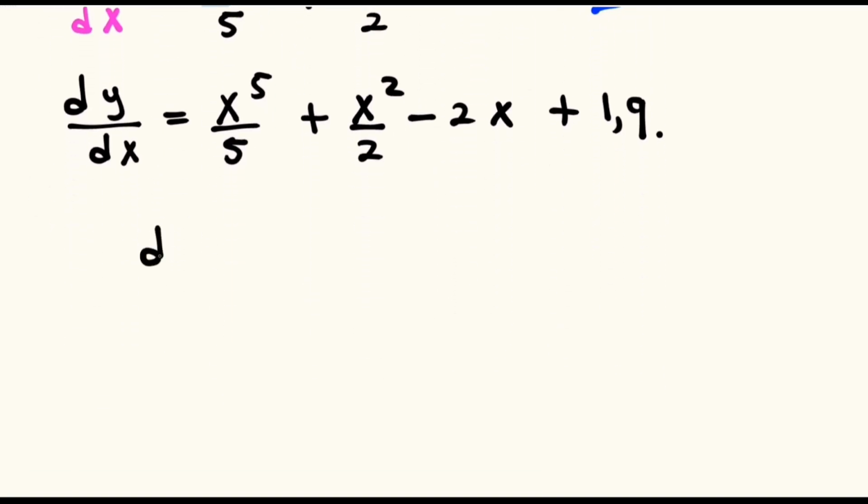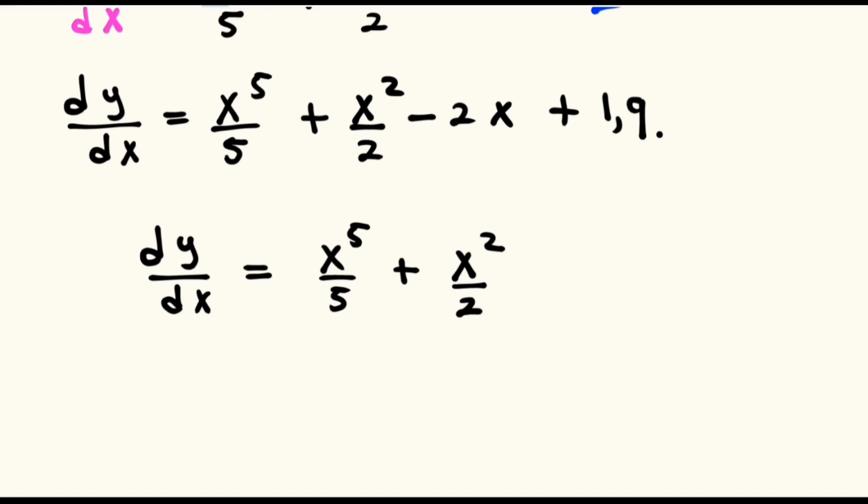So from here we have the dy divided by dx, which is equal to x to the power 5 divided by 5 plus x squared divided by 2 minus 2x plus 1.9,